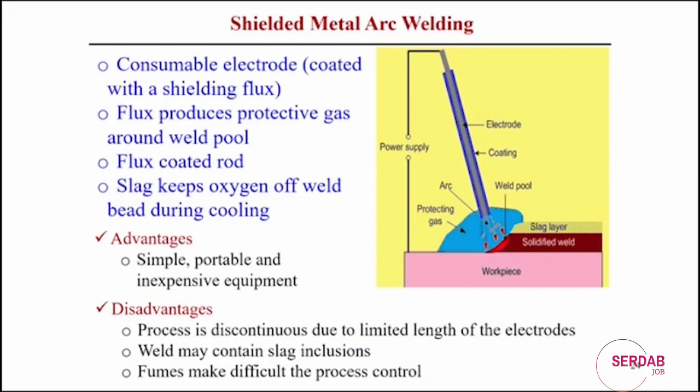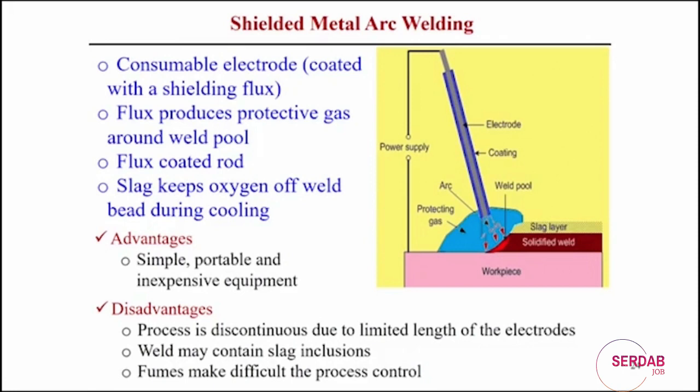So, the purpose of using this coated flux is to produce protective gas around the weld, and it helps to protect the molten pool from the atmosphere by creating the protective gas, and finally